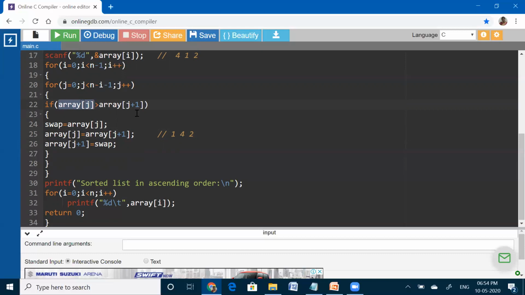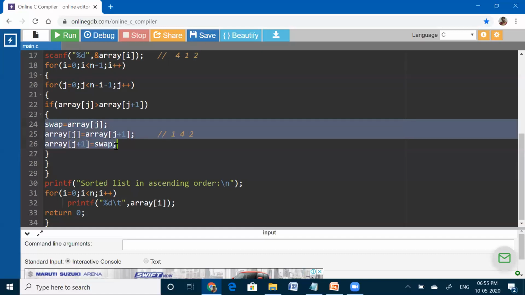Array of 1. What is the array of 1? 4. Right? Now that 4 is compared with array of j plus 1. Array of j plus 1 is 2. If 4 is greater than 2, then swap those two numbers. Right? So here 4 is greater than 2 only. Condition satisfied. If this condition is satisfied, we'll swap the two numbers.